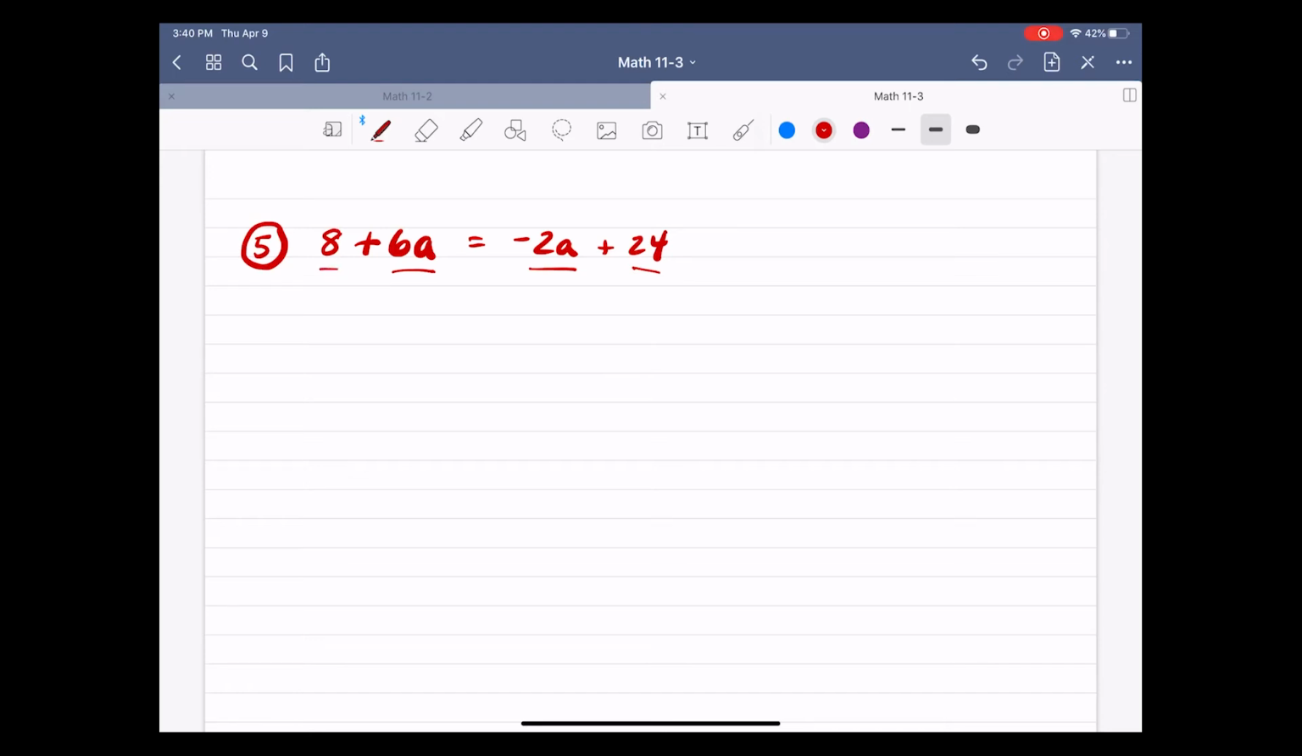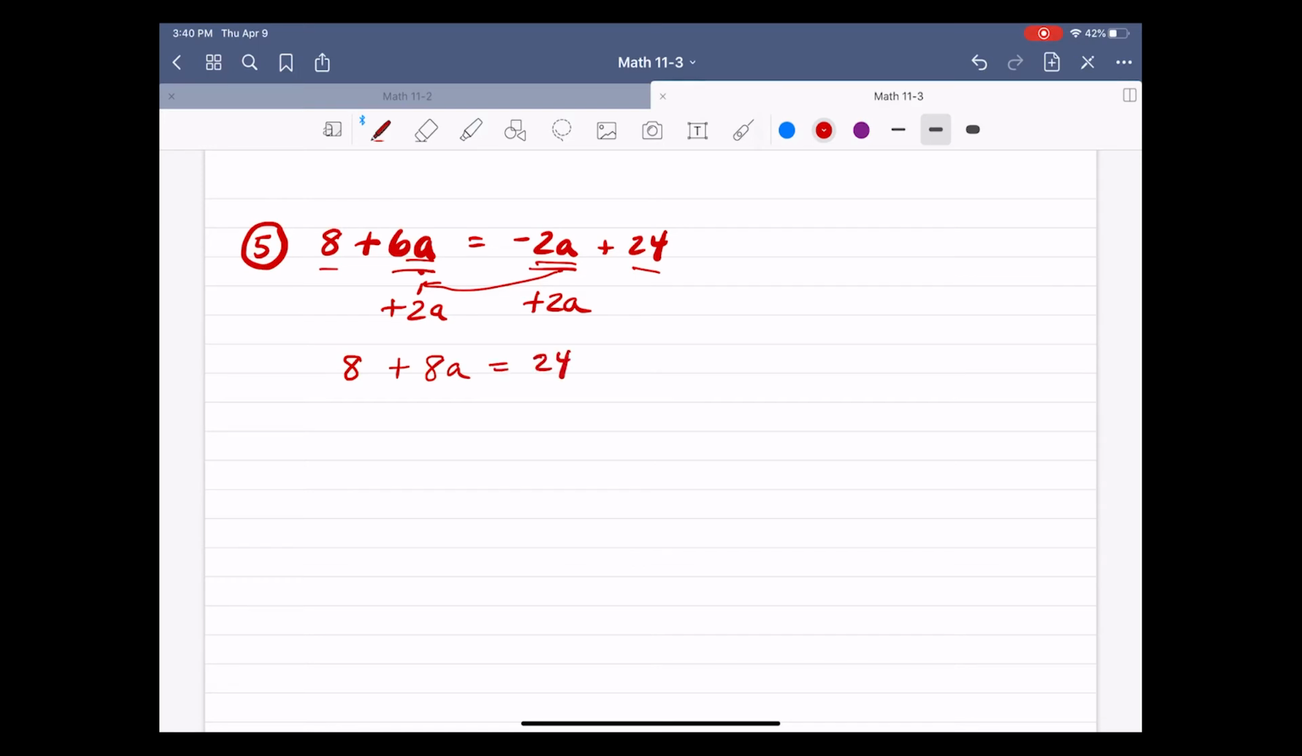I'm going to move my variable around so that it stays positive. I have 6 positive a's, positive 6a over here, and a negative 2a over here. So I'm going to move this 2a to the left side. I'm going to add 2a to the right, add 2a to the left, and I'm left with 8 plus 8a